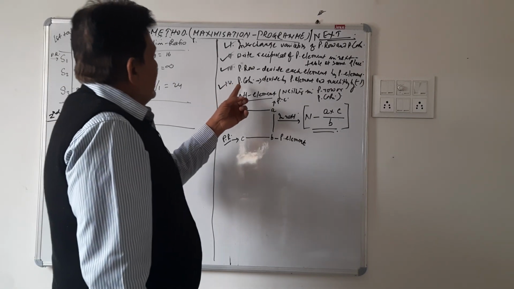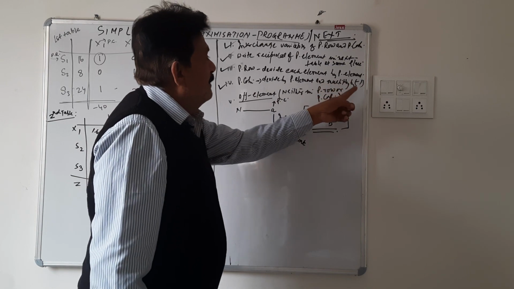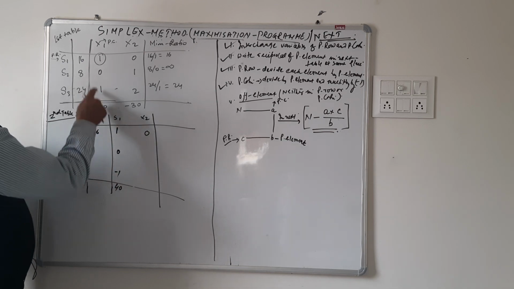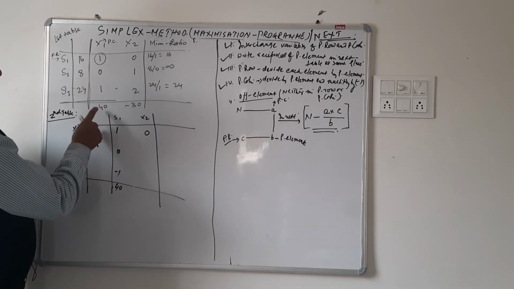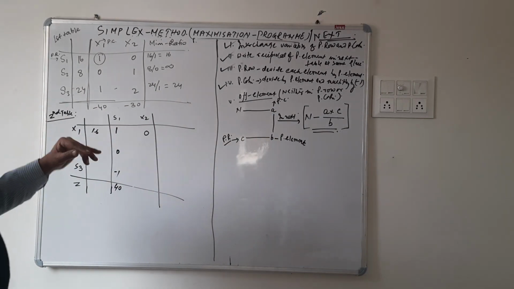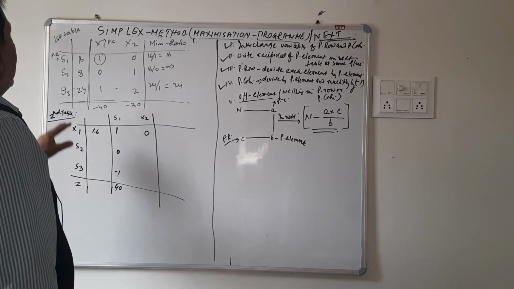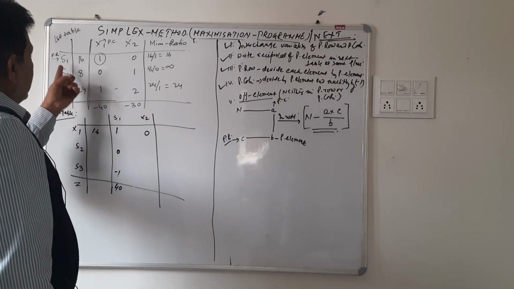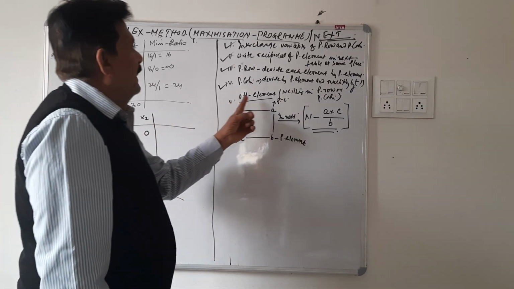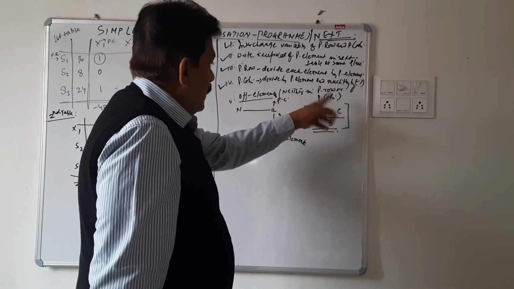Fourth says that each element of pivot column should be divided by pivot element and it must be multiplied by -1. So, this 0 by 1 into minus, 0, 1 by 1 into minus, -1, and minus 40 by 1 into minus, so this becomes 40. So, for the next table, we have done the work of pivot row and pivot column. Now, we have to manipulate those elements which are neither in the pivot row nor in the pivot column. So, those elements would be considered as off elements. Off elements are neither in pivot row nor in pivot column.